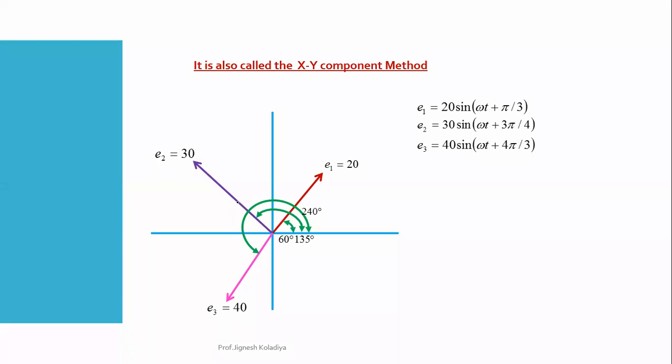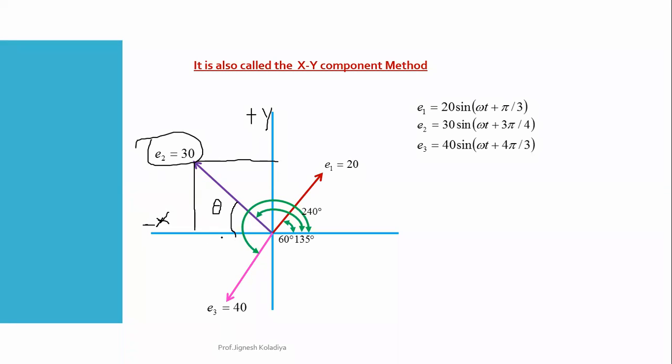For example, with respect to the x-axis, when it is making an angle over here, the x component of this E2 vector you are getting on the negative x-axis. Yes or no? And the y component is on the positive axis. This is my plus y. That means whenever you are writing the x component for this vector, you have to add a negative sign if it is with respect to the negative axis.